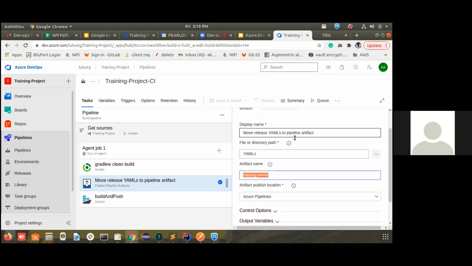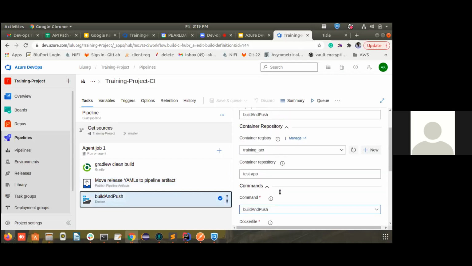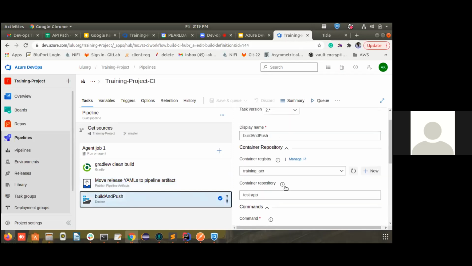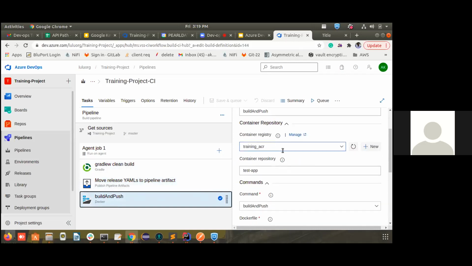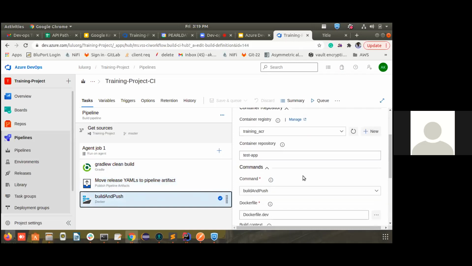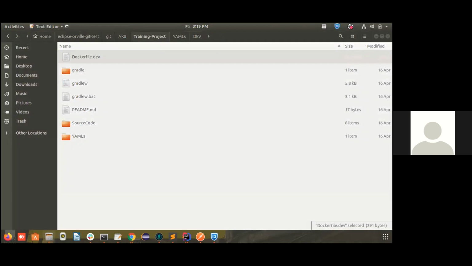So that is the configuration here. You can go through this and refer, and do your pipeline. So the build push command. It is just pushing your build. So basically, you need a Docker file that should already be present in the application.